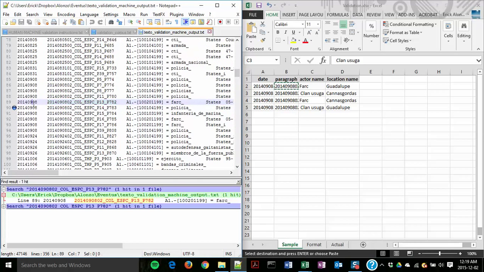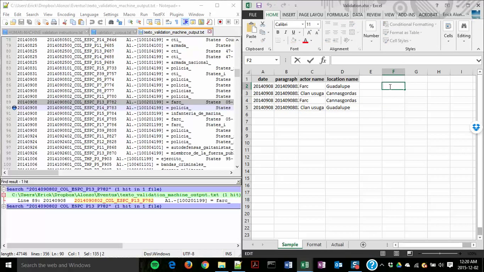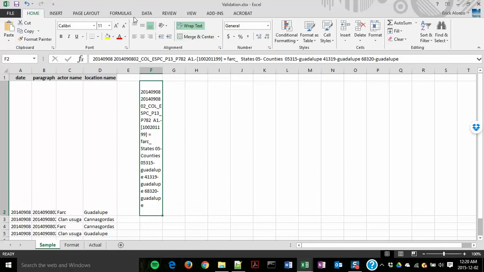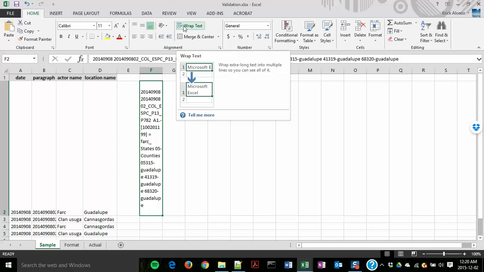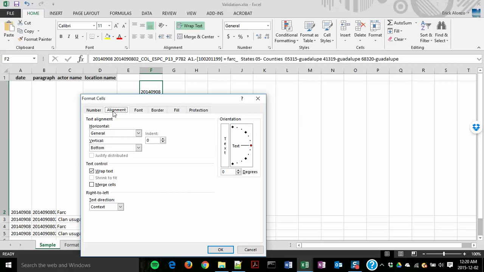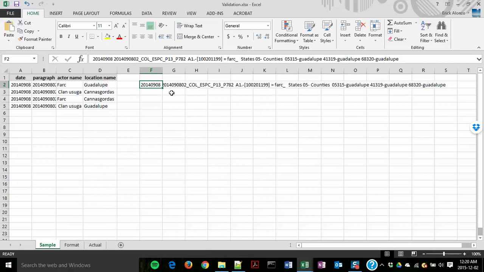I'm going to copy the whole line of the text. In your Excel template, you're going to skip column E, click on column F, make sure you click inside, make sure the cursor is blinking, and you're going to paste the name of the string. Now this is going to look a little bit funny, but the way to fix it is you uncheck the wrap text option, or you double click, select format cell, and under alignment you're going to uncheck wrap text, and that's going to give you a nice